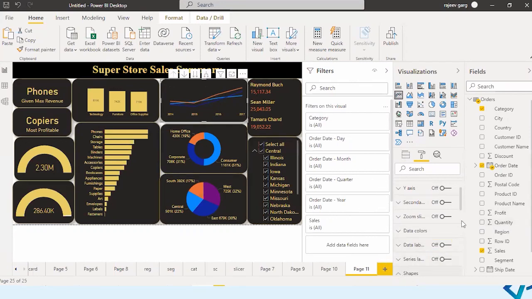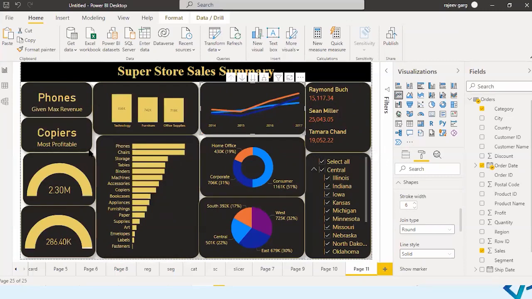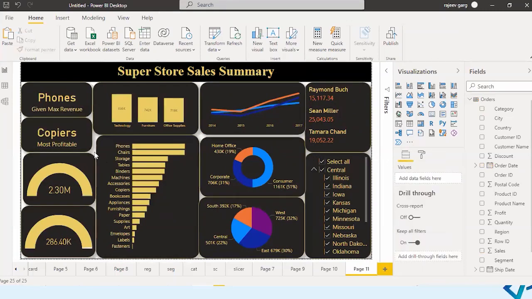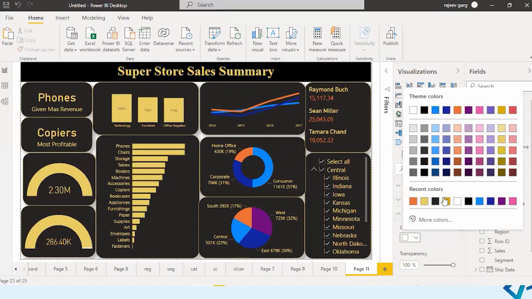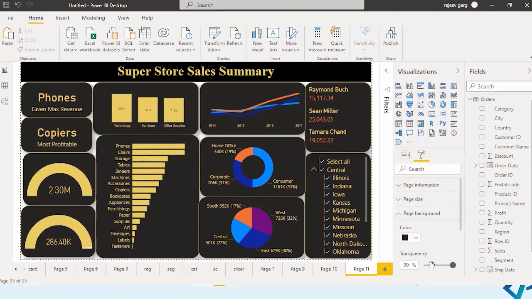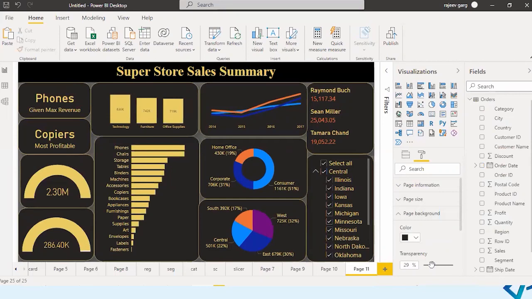And I can go to the shape. Let me make it a slightly thicker line. Yes, this is more visible. Here is your report which has been generated over here. If you want, you can give the page background. If no visual is selected and you go to the formatting part, you will see the page background, and you will do the formatting for the page. Let me put it as a black color, and you can put the shading over here. So you can have a grayish background at this, right? So this is the final output which we have created over here.